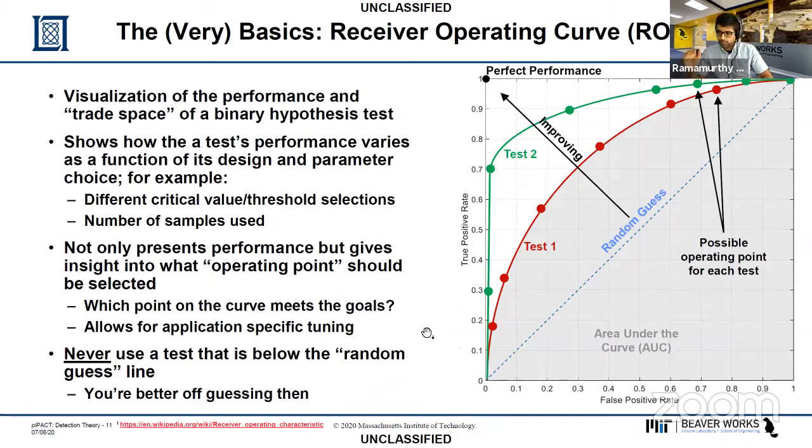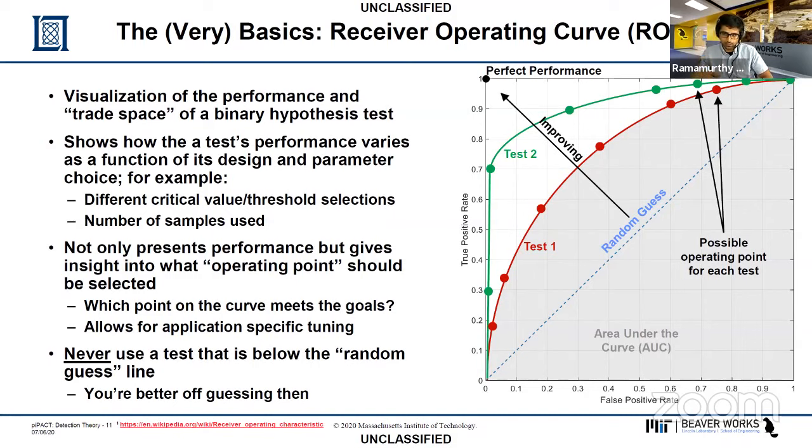Okay, so here is how you can decide where to put that critical value, if you're using that approach. Again, critical value is the simplest test you could do. It is not necessarily the test you have to do or should do. It's just a decent starting point and something to try. So what we have here is what's called a receiver operating curve, and this is a tried and true tool for detection